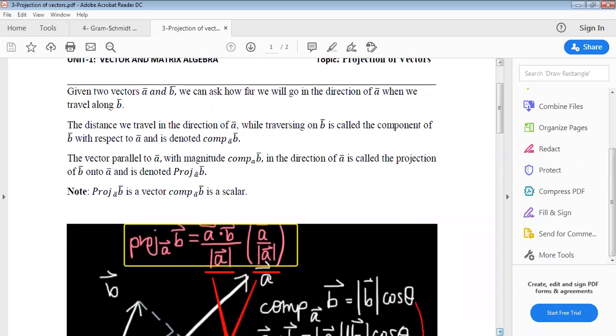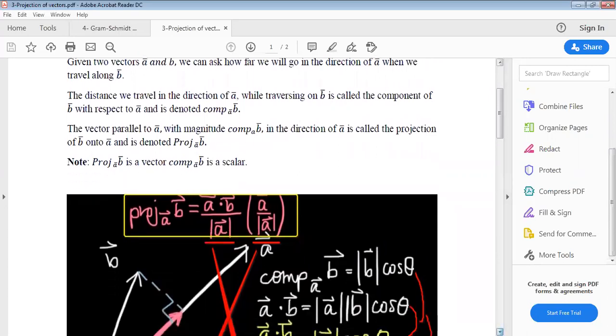Given two vectors, a bar and b bar, we can ask how far we will go in the direction of a bar when we travel along b bar. The distance we travel in the direction of a bar while traversing on b bar is called the component of b bar with respect to a bar, and is denoted as component of b bar with respect to a bar. So the meaning is,